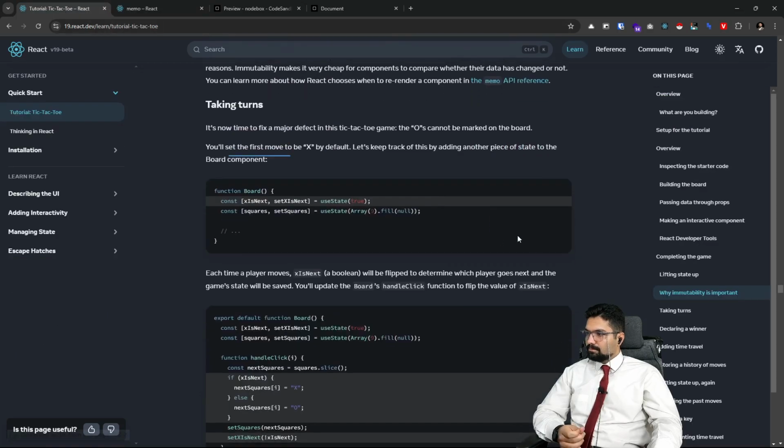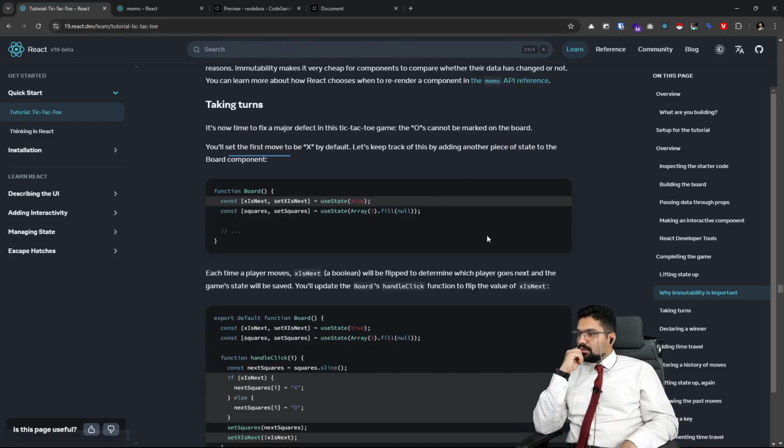Okay, taking turns. It's now time to fix a major defect in the Tic-Tac-Toe game: the O's cannot be marked on the board. You'll set the first move to be X by default. Let's keep track of this